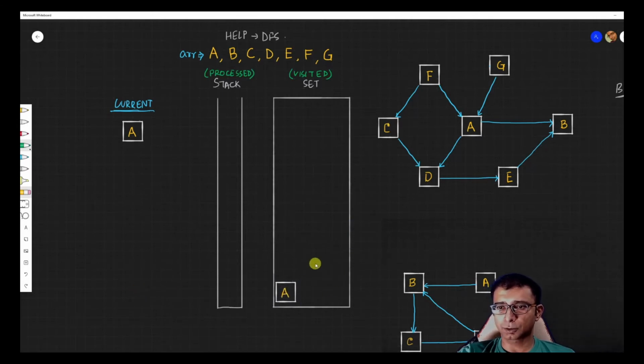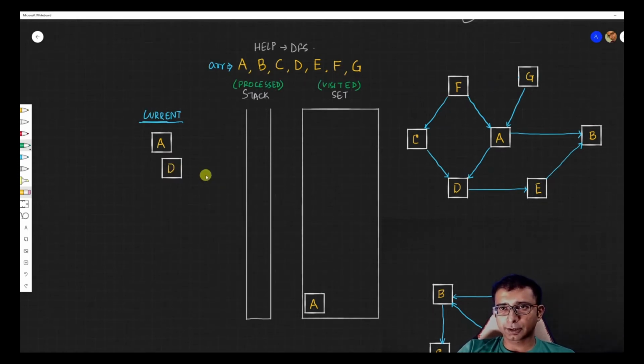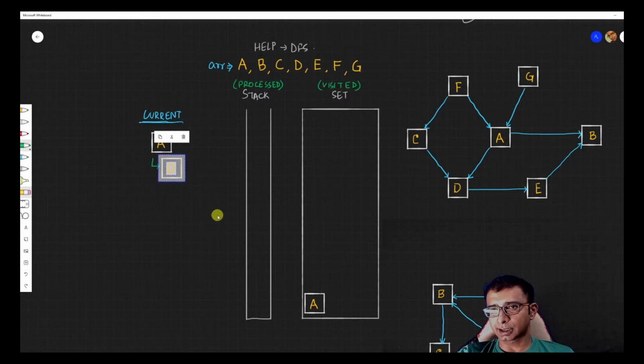So A goes into the visited set, and what we do is we go into the recursion from this point of time, right? So we start doing a DFS from here. That means we are doing a depth first search. So the first node we get is D. I'm just putting it over here to give it a tree-like structure. A is the one who has introduced the D, right? So we go to the first node, that is the D, and we see in the visited set whether it's there or not, and we see it's not there. So we add it to the visited set that D has been visited.